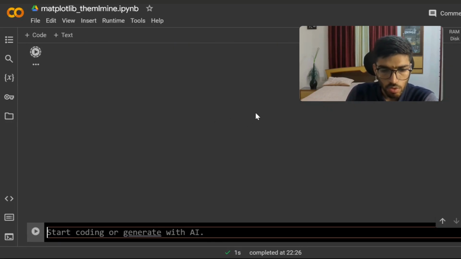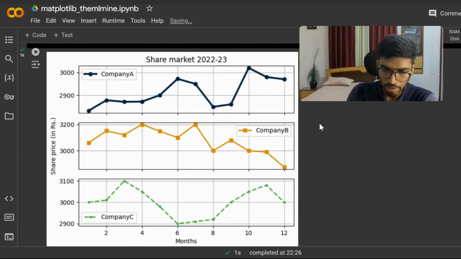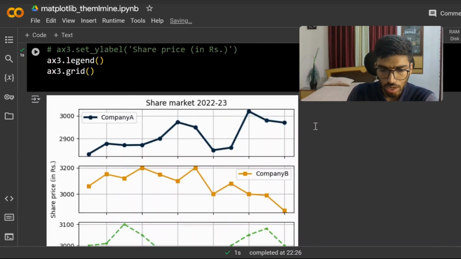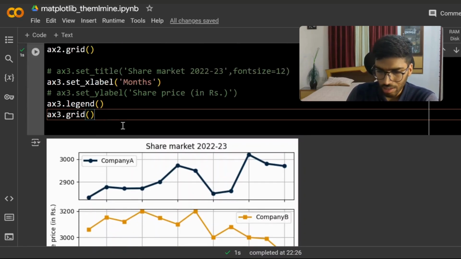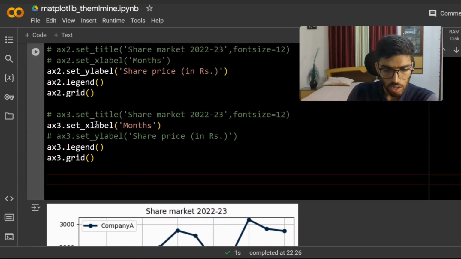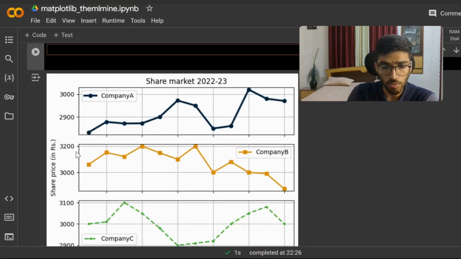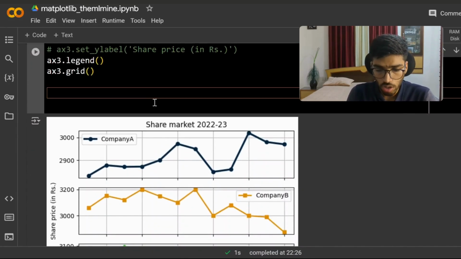Okay, so now it looks cleaner. Now we have the grid, we have the legend, we have the title, and we have the X label and Y label. There's also one more method that you can use. Instead of selecting which Y label to use and which not, and which title to use, you can just use